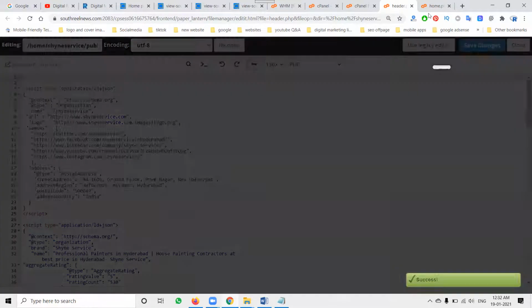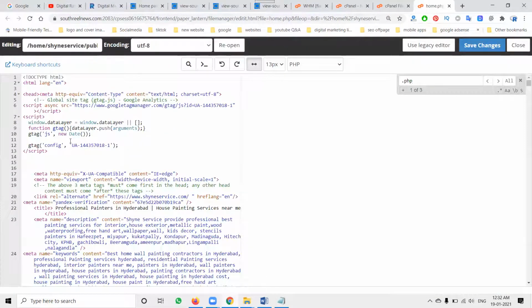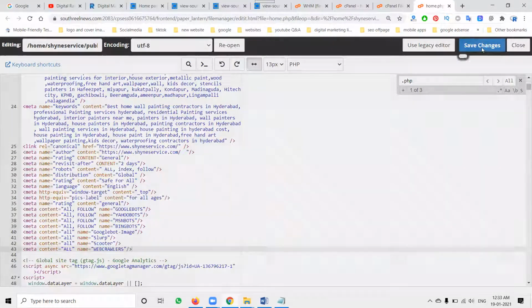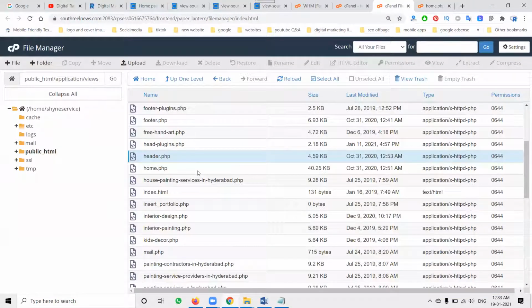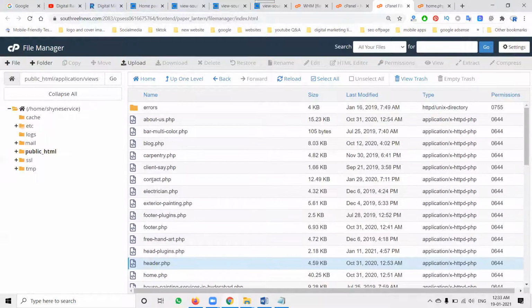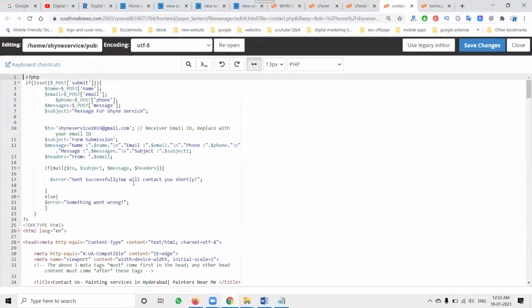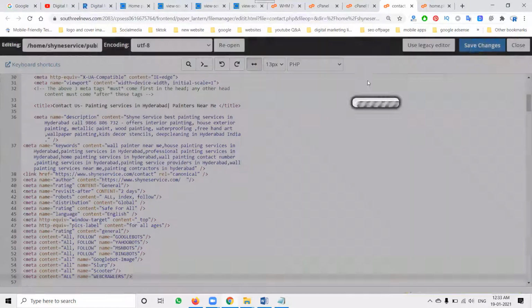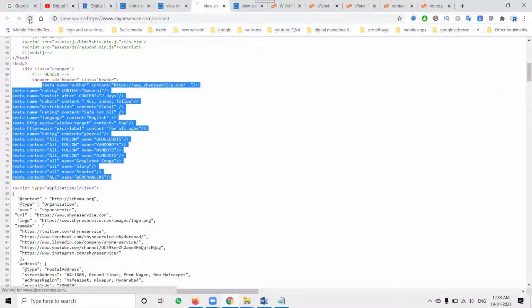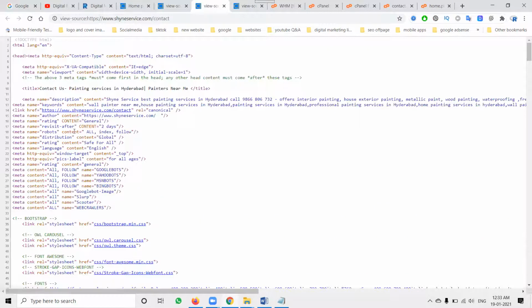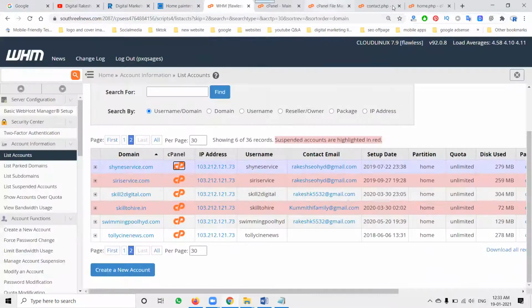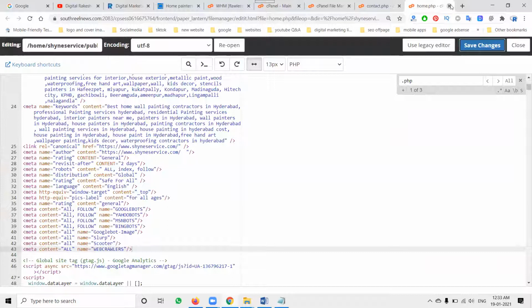Control X. We can go to this option. Paste the code. I can go with individual pages. Edit contact us. Where is the title, description, and canonical URL? We can use this code also. Now it will be showing for the header part, contact page, where it will show for the header option. See this one. Same like all pages, you can paste the code in individual pages.